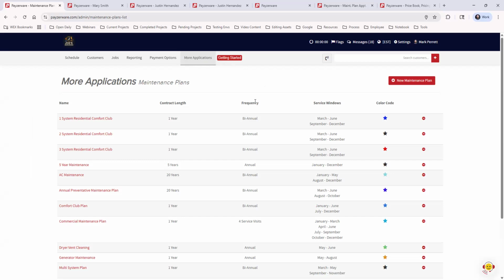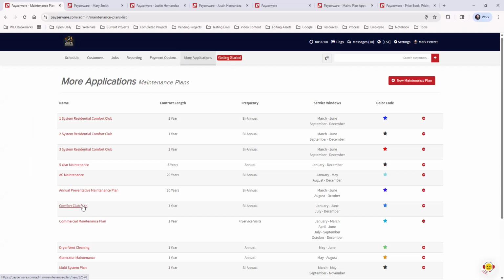There's many different ways that you can do this. For some of my customers, they just have a very simple, straightforward, one plan. This is the service that we provide. We're going to come out in the spring. We're going to come out in the fall, so twice a year. And you pay annually. That might be an example of this template here, the Comfort Club Plan. Sign up as part of our Comfort Club Plan, and we'll come out twice a year and make sure that